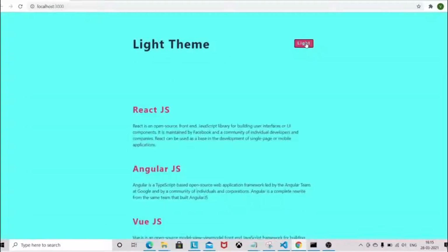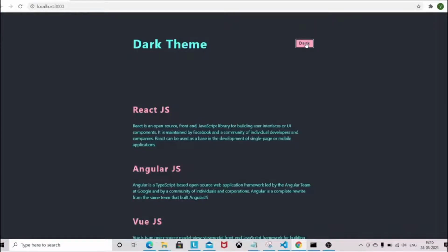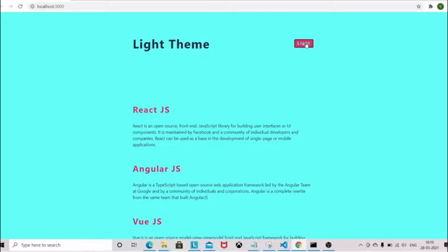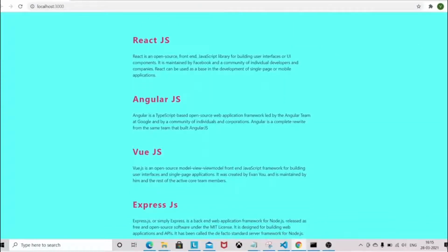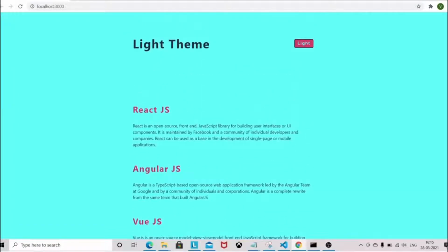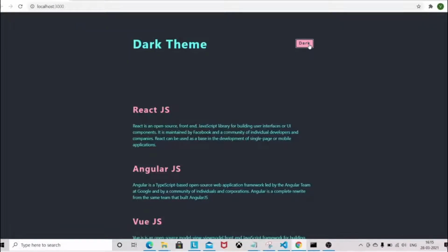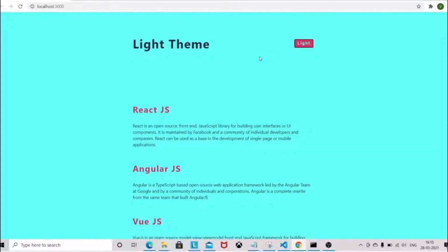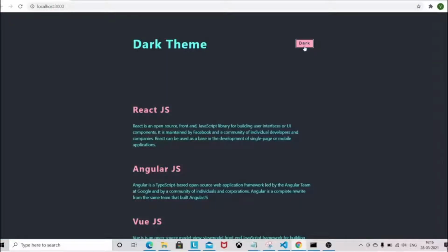So the button value got changed, and the background and the color of the font is getting changed, and the heading is also getting changed from light theme to dark theme. And it's a very good thing that you might want this kind of feature in your application. So you can simply reuse this logic which I have shown here. It is very suitable for the eye as well. If you're working late, or working mostly on a laptop, it's very good for the eye if you're working in dark mode.